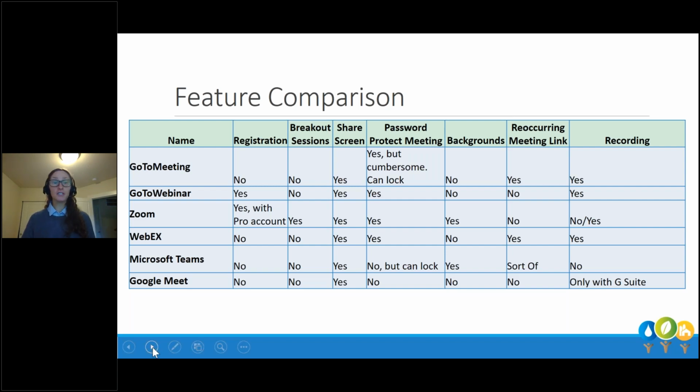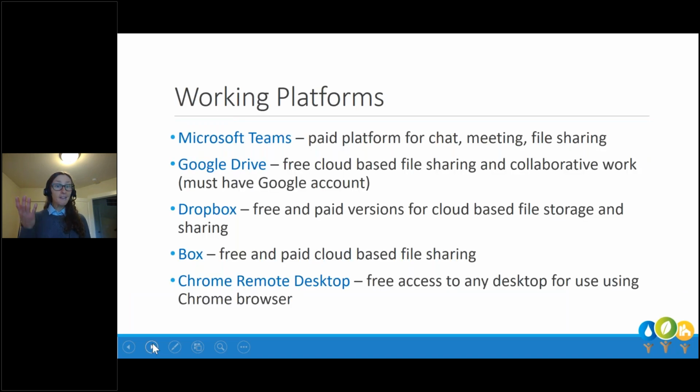So now I want to show you just a few other options and platforms for working effectively and for project management. So these are external of those meeting platforms and communication. But again, you'll see some that are duplicative. Again, Microsoft Teams is on here. It is a really helpful working platform for your office. It is worth looking into.